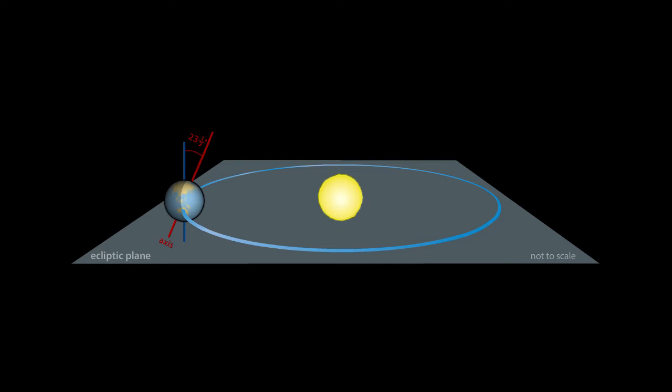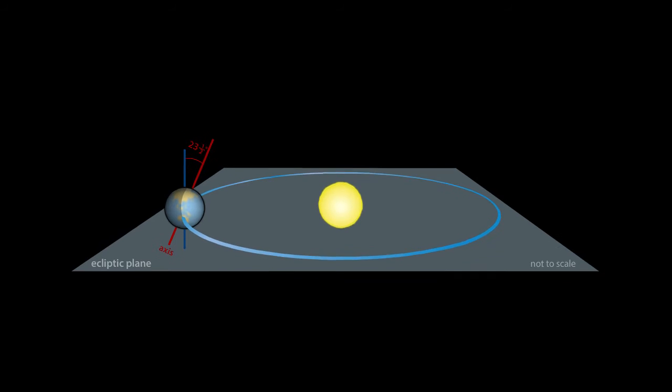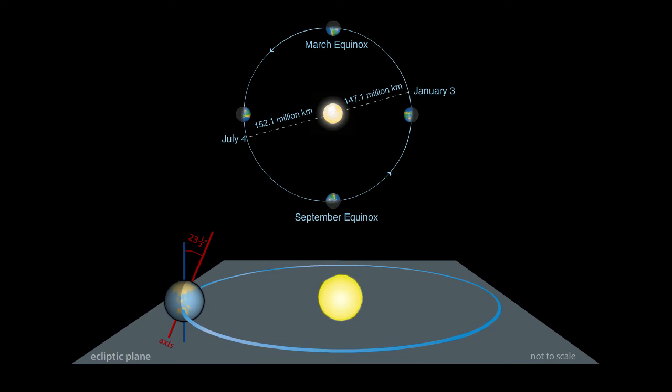You should also keep two key points in mind as you think about the diagrams in this video. First, these diagrams greatly exaggerate Earth's size relative to its orbit, because Earth would be far too small to see if we showed it correctly scaled in this view. The Sun's size is also exaggerated. Second, while this perspective view may make it look like Earth's orbit is highly elliptical, in reality Earth's orbit is quite close to being a perfect circle, and Earth's minimum distance from the Sun is only about 3% less than